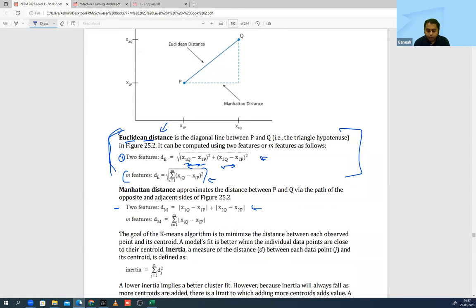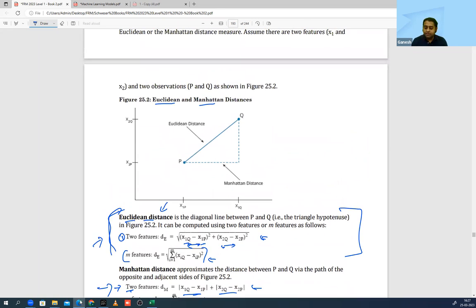If there are two features, you will do it like this for weight and height. If there are m features, you will do it for each. So what are these two approaches doing? They are basically finding the distance between two data points. The two data points can be the data point and the center. If you look at the first approach, Euclidean distance, it is basically a linear approach. It directly calculates a straight line. If you read the book, they refer to it as the hypotenuse. You remember the hypotenuse from childhood. Same.